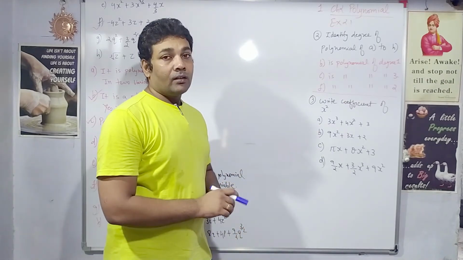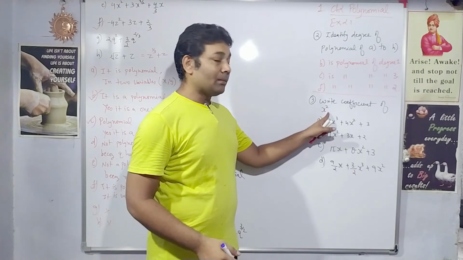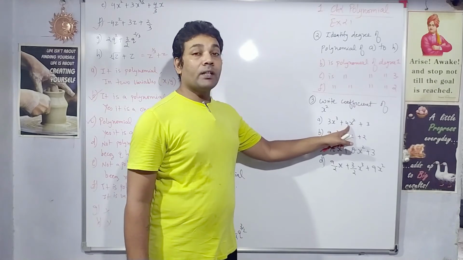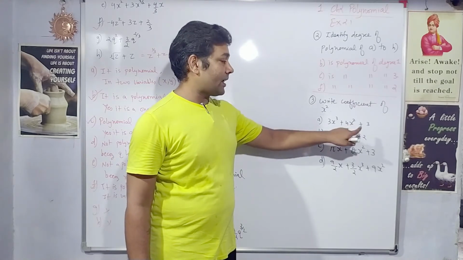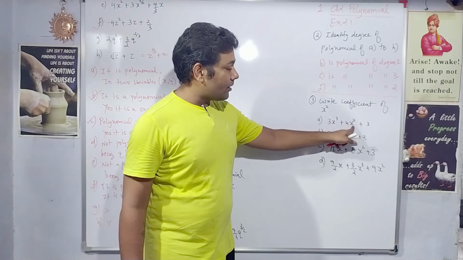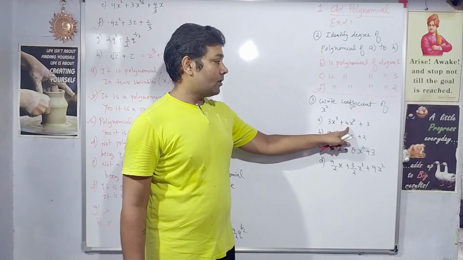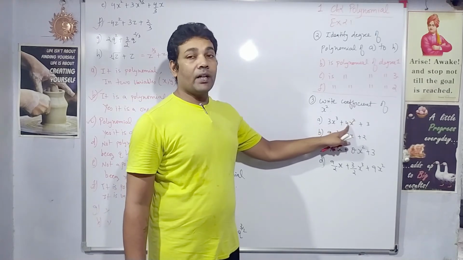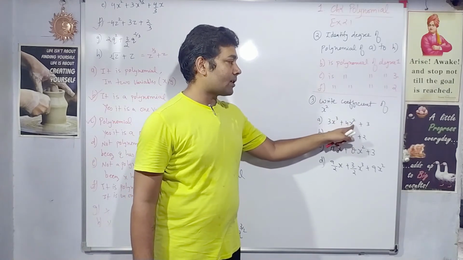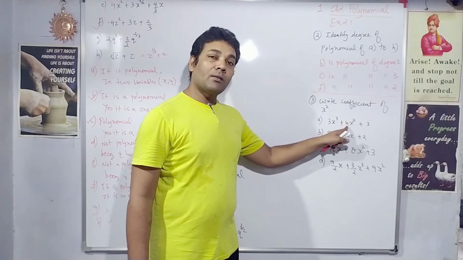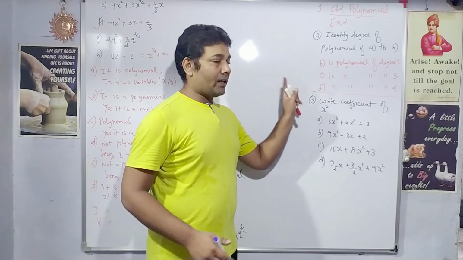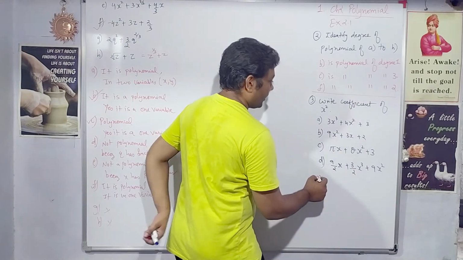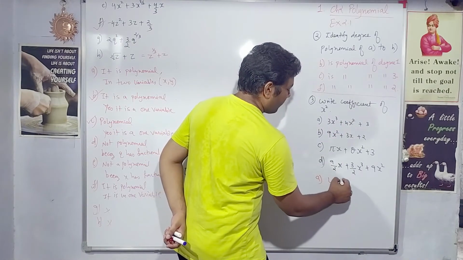So if you recollect the concept, for the coefficient of x square, x square is a literal coefficient, so 4 will be a numerical coefficient. In the terms there can be a variable as well as a numerical constant, right? So the variable is x square and what will be its coefficient? 4. This term is made up of 4x square. So the coefficient of x square is 4. So for A, the coefficient of x square is 4, right?